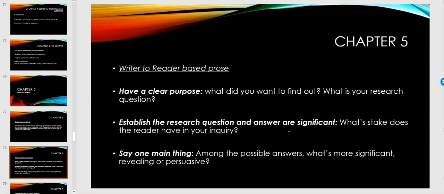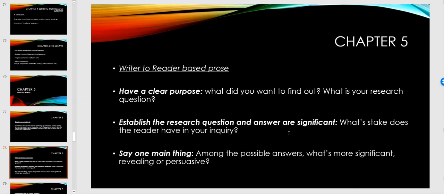What is the purpose of your particular essay? Really, annotations have no purpose other than divulging information that doesn't direct the reader in a positive way. Establish the research question and the answer. Are they significant? Okay, what stake does the reader have in your particular research essay? If you're just presenting me information from your annotated bib about your sources, how does the reader identify